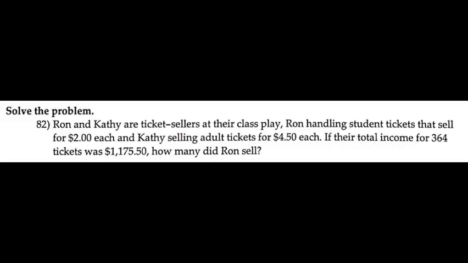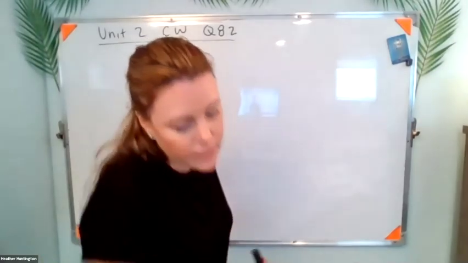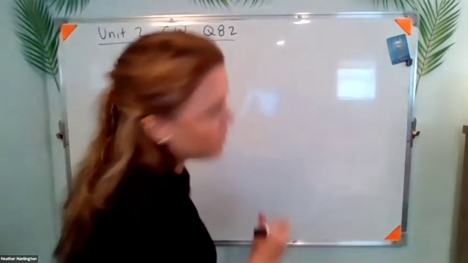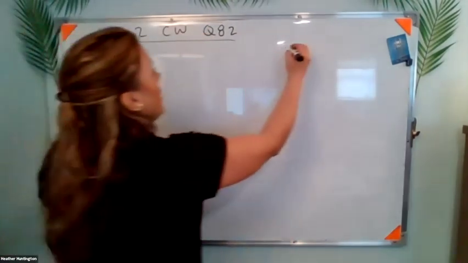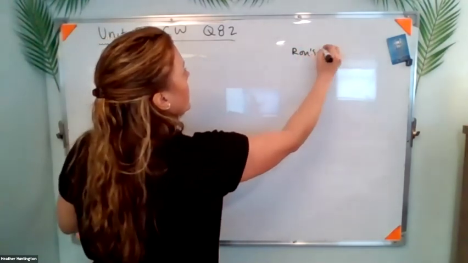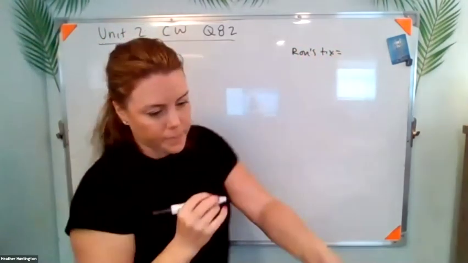Ron and Kathy are ticket sellers at their class play. Ron is handling student tickets that sell for $2 each, and Kathy is selling adult tickets for $4.50 each. So write that Ron's tickets equal